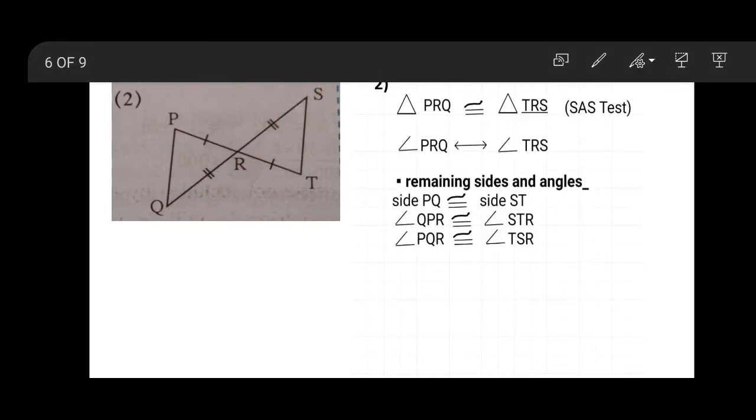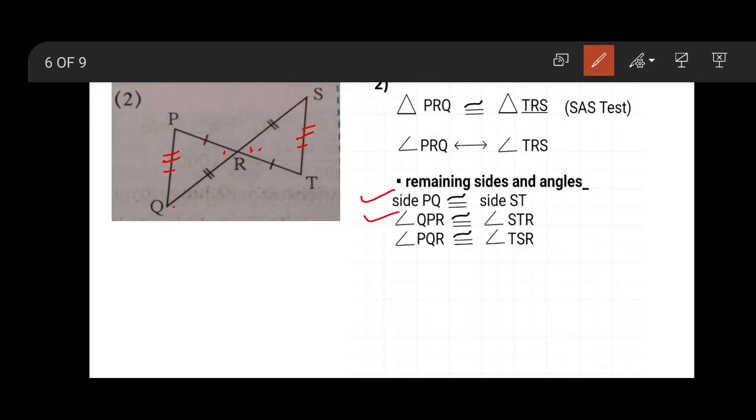The remaining sides, only one remaining side which is not marked, means this PQ with ST. So we'll mention side PQ is congruent with side ST. Now the angles remain. One common angle is mentioned here with SAS test. Now the remaining is